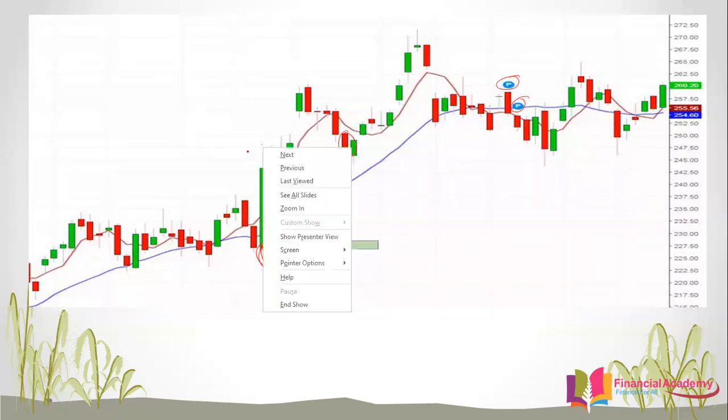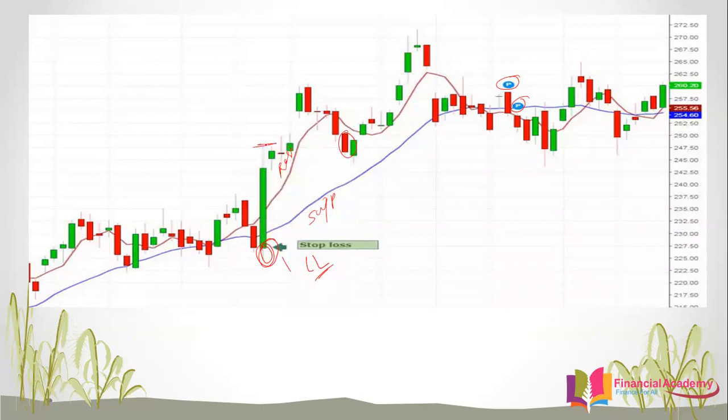From this point you can see this can be one, and this can be one, and in this case this can be one. Your entry point will decide your price target. So the price target is one of the important elements while you are investing in the stock market. Before investing, try to do proper analysis, then invest. So that's all for this price target part.